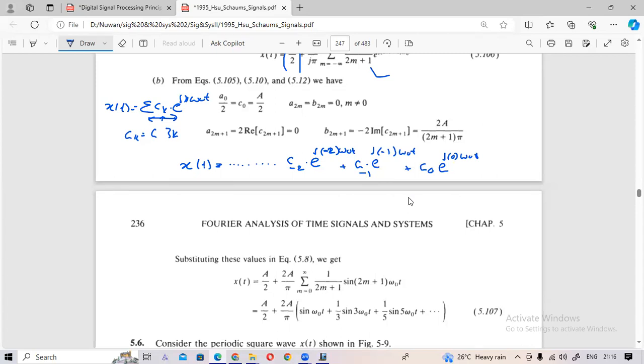That means e to the power j0 is e to the power 0, so this will be C₀. This is the DC component. So C₀ only,